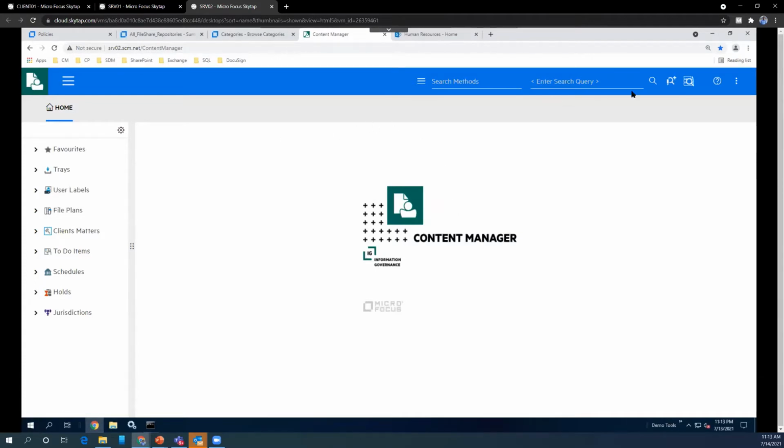Most of you may have seen the earlier Content Manager interface, but this is the knowledge worker interface of Content Manager. The approach we have taken in this new UI is to provide the user everything on a single screen.